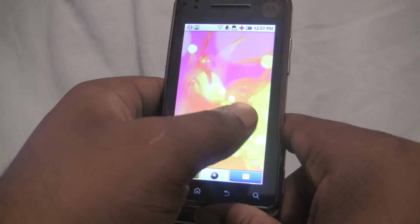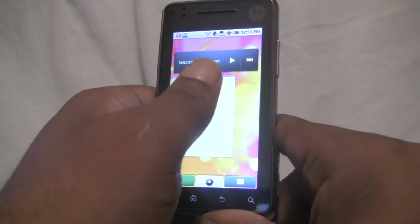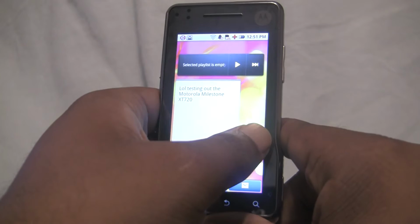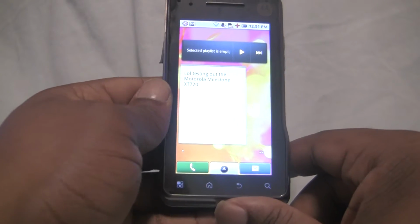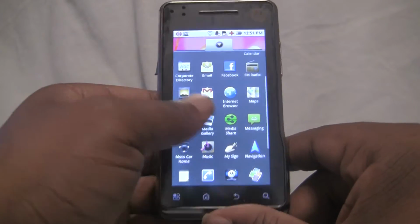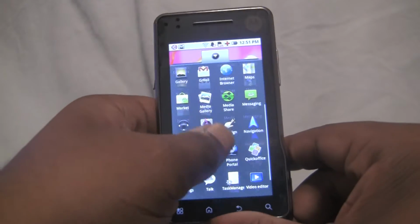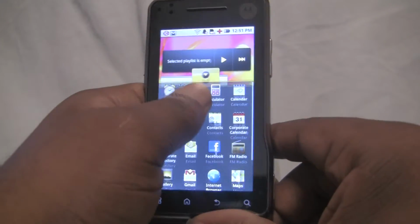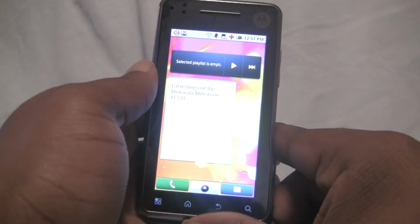You don't get the social networking widgets. You don't get the remote wipe and backup services. And depending on who you are, you might like that and you might not. Personally, I'm the kind of guy that likes to start off with a clean slate, only being given what I need, such as Gmail and Market, Gtalk and everything like that. YouTube and everything else I like to get from the market. So depending on who you are, if you're like me, you're going to love a phone like this because I actually like how Moto Blur looks compared to other